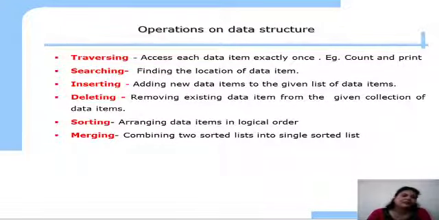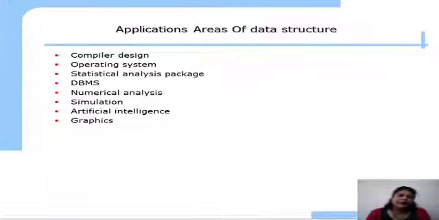So these are the 6 basic operations that we are going to learn on each type of data structure. That is, we are going to perform all these operations on non-linear as well as linear data structures. The last point is the application areas of data structures, which are widely used in many areas. The first is compiler designing. Till now, you have used the C compiler, correct? In the C compiler there is also a data structure, the stack. Whenever a recursive program executes, it uses the stack.